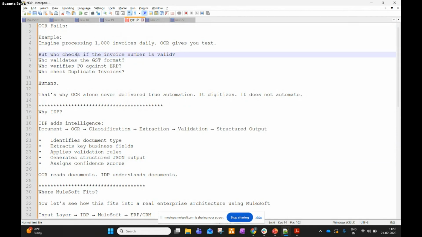Who verifies the PO against the ERP? Suppose we have a lot of backend systems, right? We have ERP, we have CRM, we have a DB. We have to process those records further. So in that case, who will verify those POs, meaning purchase orders, against that ERP, and who checks for duplicate invoices? These are major drawbacks when we are implementing OCR only for